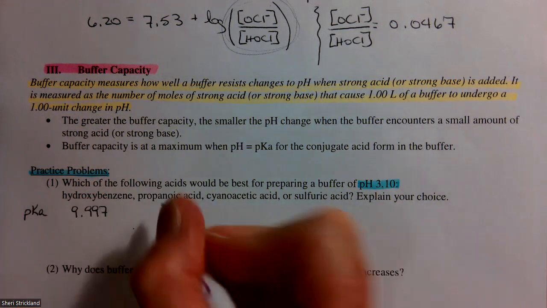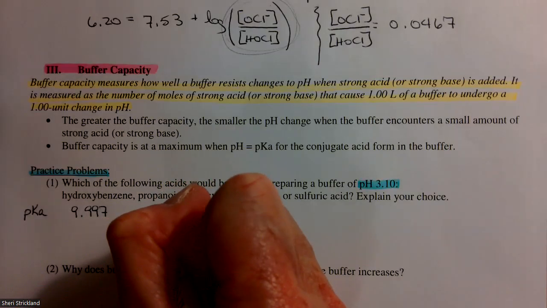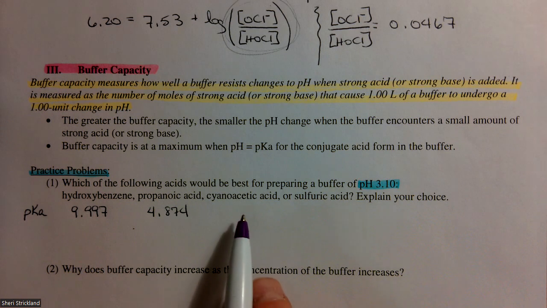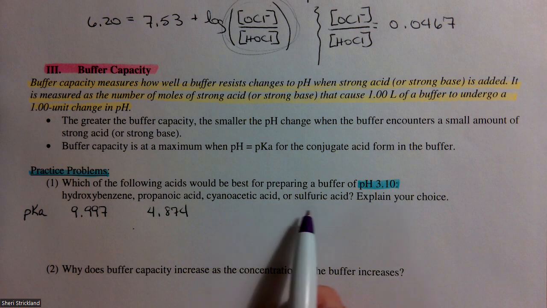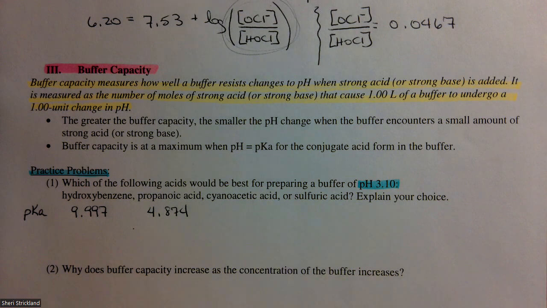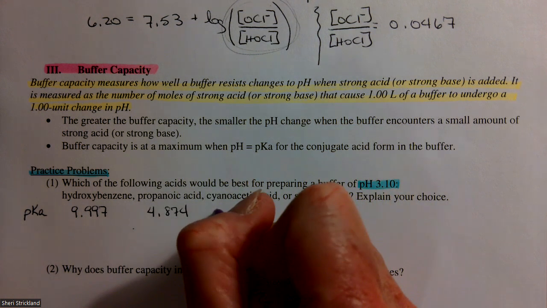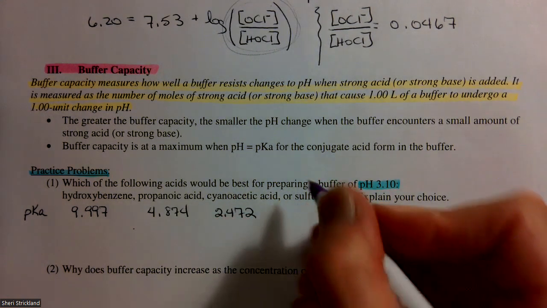Phenoic acid has a pKa of 4.874. All right, so I want you to go find the appendix and find the pKas of these two guys, and then come on back. All right, welcome back. So cyanoacetic acid, I got 2.472. And sulfuric acid, I got